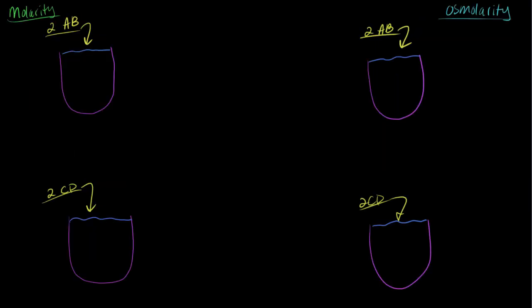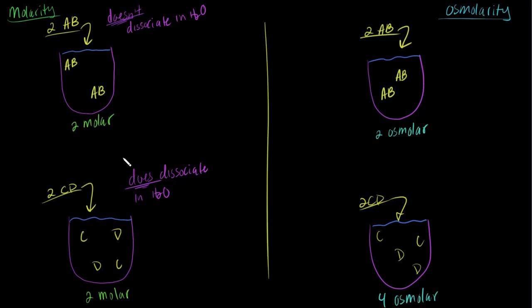Now to wrap up this concept, let's get all of the situations on the screen at the same time and try to compare and contrast them. If we remember that the molecule AB does not dissociate in water, and the molecule CD does dissociate in water, then when we get all of these drawn out here, here's 2 moles of AB going in here, and if I'm talking about molarity, it's going to be a 2 molar solution, 2 moles per liter. And down here, CD did dissociate, but notice it's still a 2 molar solution,